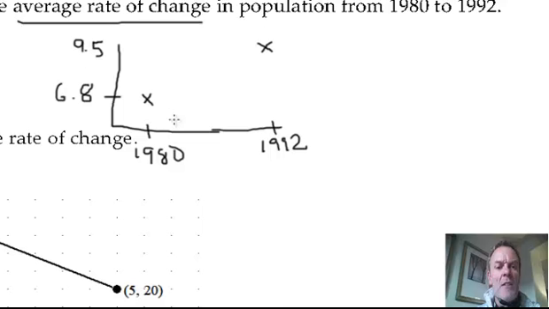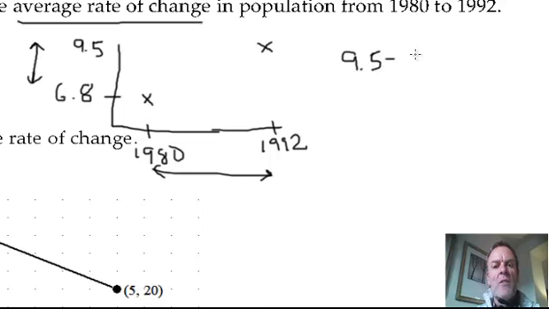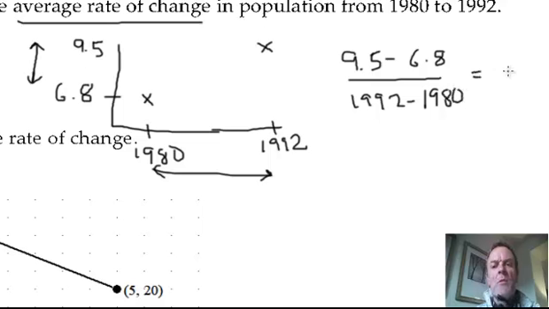So what we have here, if you think about it, is the difference in y over the difference in x, which will give you this, right? 9.5 minus 6.8, all over 1992 minus 1980. Okay, and that equals, what's that going to give you? That's 2.7